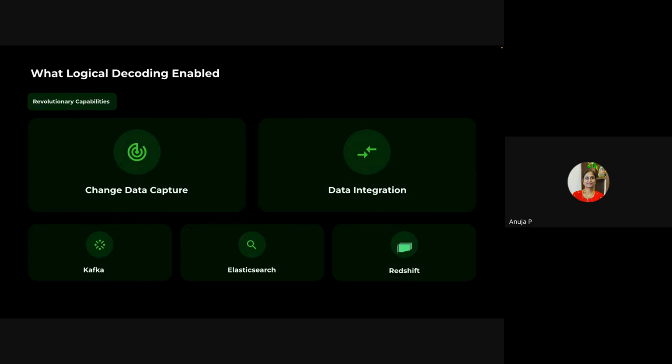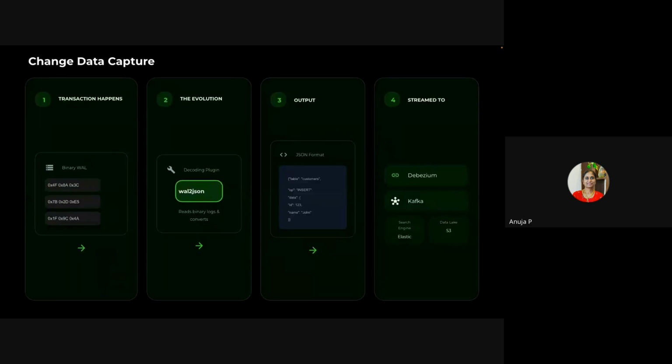So logical decoding enabled CDC and data integration. Through CDC, we were able to connect with non-Postgres systems, or give data to non-Postgres systems such as Kafka, Elasticsearch, and Redshift. Okay, how does this CDC work?